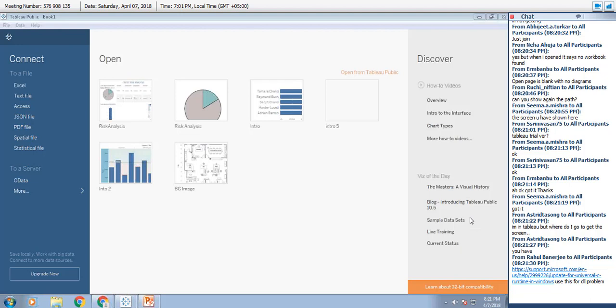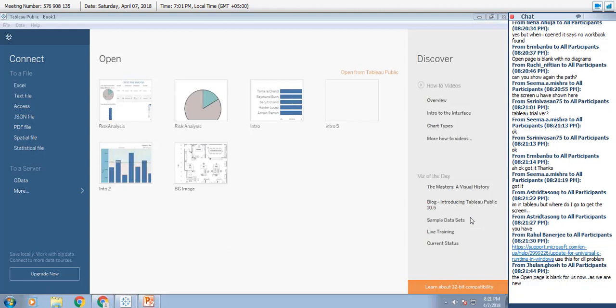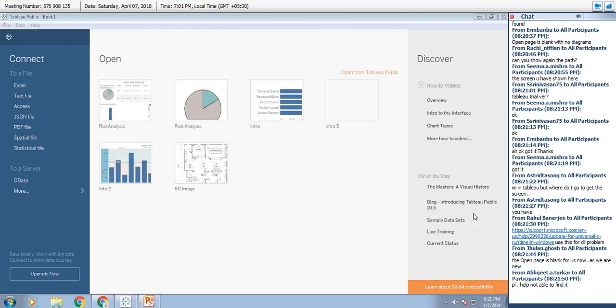Which path, Ruchi? The open page will be blank for everyone because you have not created anything so far.